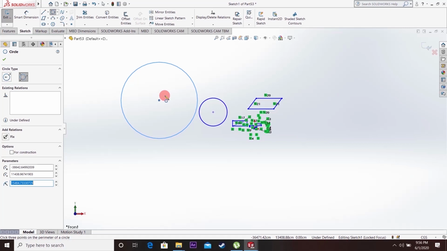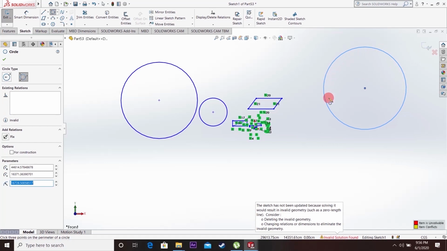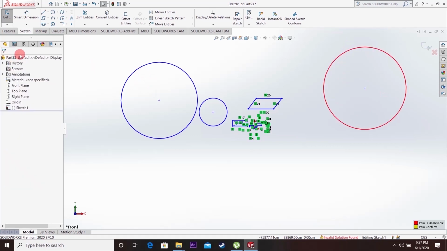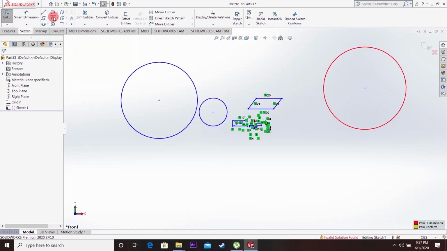So you just click here, and click here, and click here. So we have got a circle passing through these 3 points. Okay, so next we have arcs.